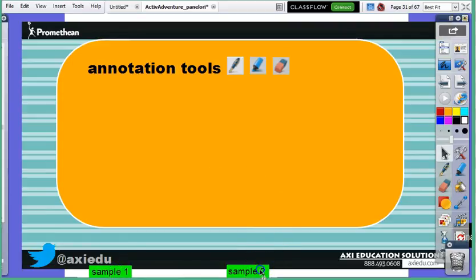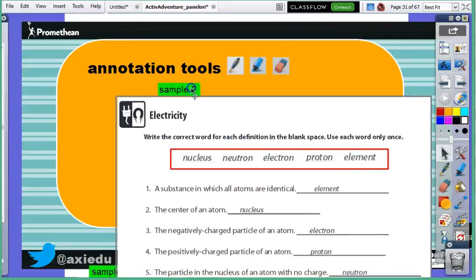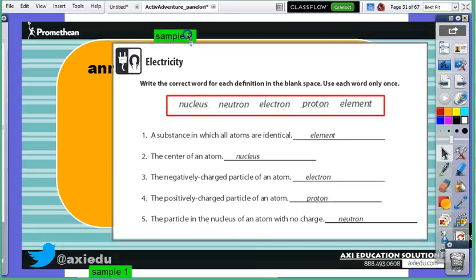This time I'm going to grab sample 2, and remember in the other video where there were all these different ways that you could bring in PDFs? Well, now I'm actually using that PDF in a lesson. This one has all the answers on here, so I could use a shape and cover that up so that it would be self-checking, or I could use a pen,